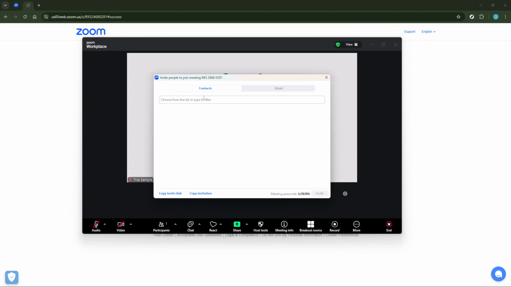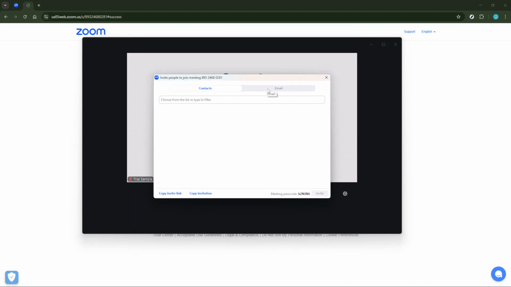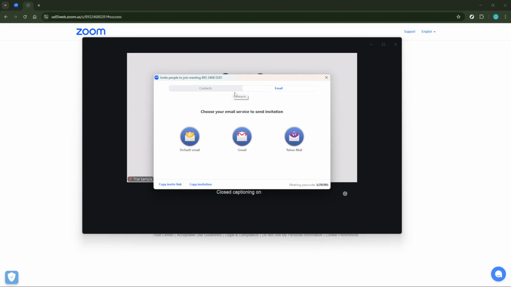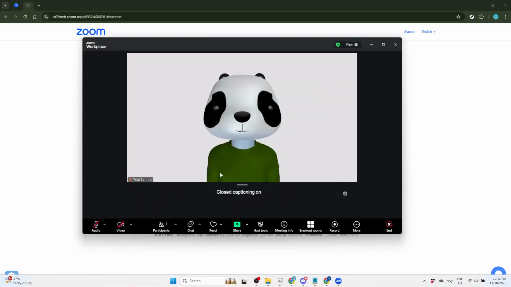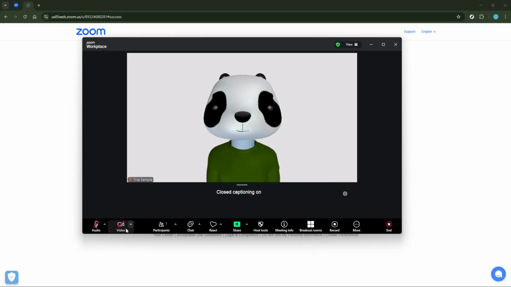With participants joining, you have a range of options at your disposal for managing interactions during the meeting. The toolbar at the bottom is your go-to friend. You'll find functionalities like muting or unmuting your microphone, a handy tool to ensure background noise doesn't interrupt the flow of conversation. Similarly, you can start or stop your video feed as needed, giving you control over when you're visible to others.